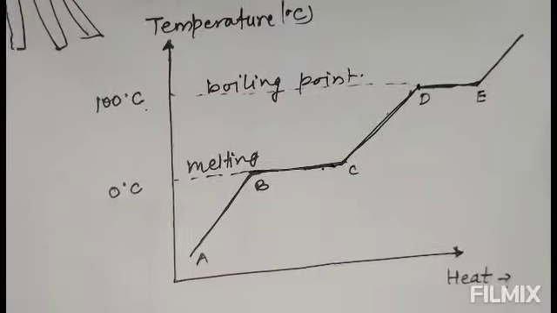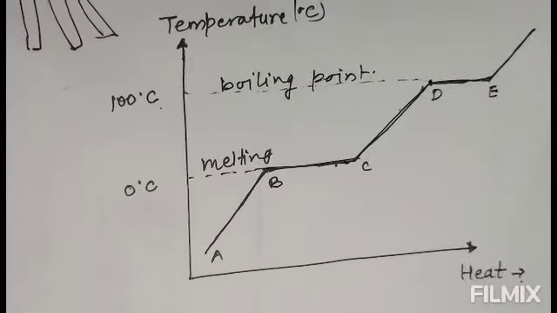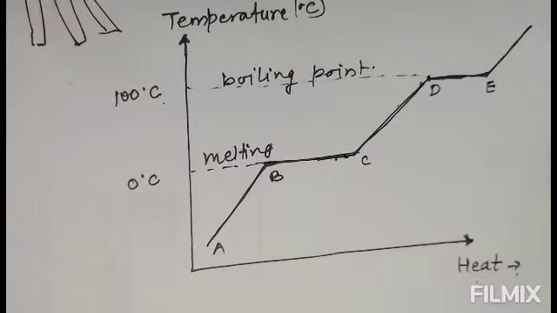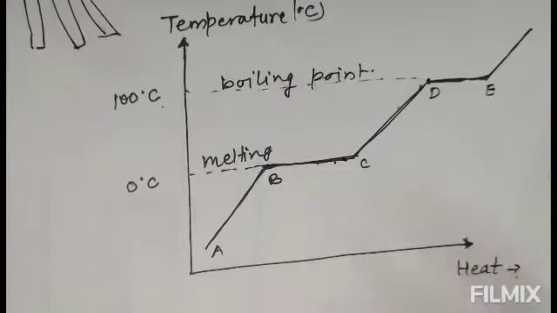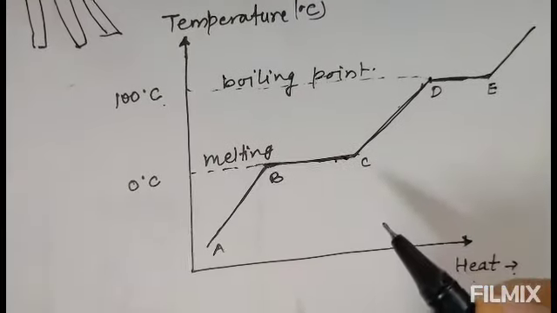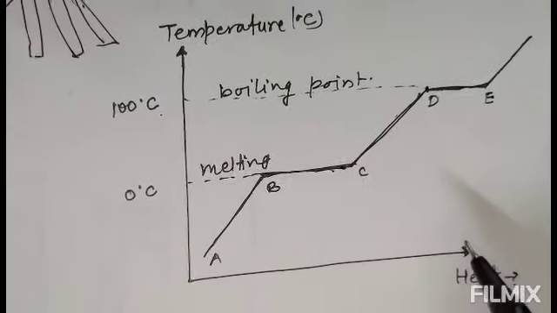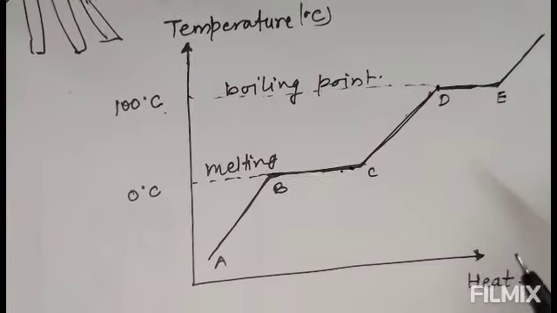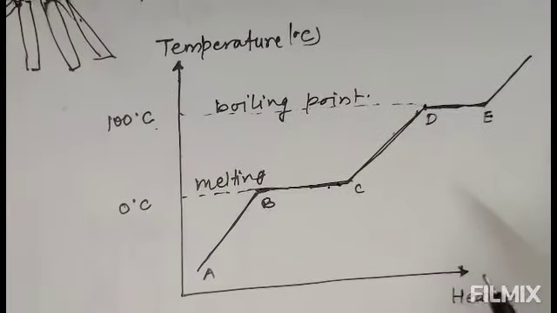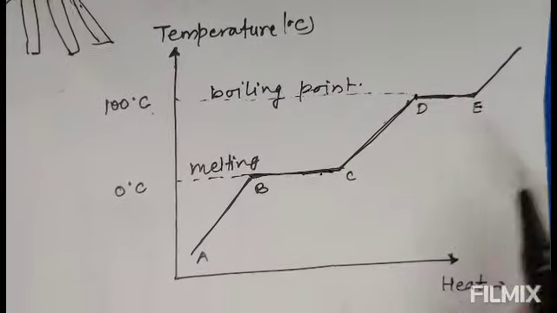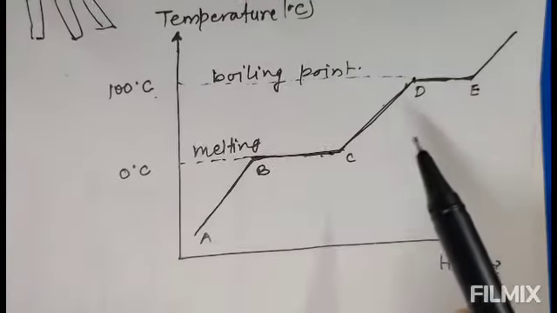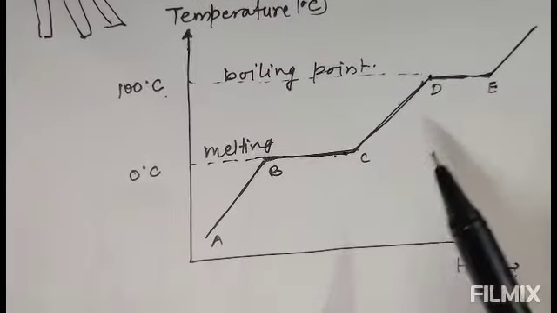The boiling point of a substance increases with increase in pressure. Due to this fact, the cooking is easier in the pressure cooker. The boiling point of a substance decreases with decrease in pressure. Due to this fact, the cooking is difficult on a hill station. It is found that all substances do not pass through the three states, that means solid, liquid and gas.